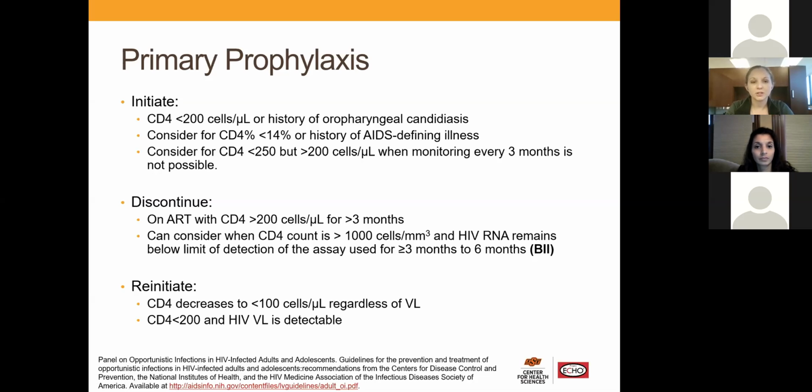The other consideration is if you have a CD4 count less than 250, but you can't monitor that patient every 3 months as is recommended, then you should also consider them for primary prophylaxis. I don't think we have very many patients in our clinic that fit this criteria, but it is something to think about if somebody maybe can't come in every 3 months, maybe rural health limits them, transportation issues, then putting them on prophylaxis if their CD4 count is greater than 200 but less than 250. We're going to discontinue primary prophylaxis when their CD4 count is greater than 200 for 3 months and